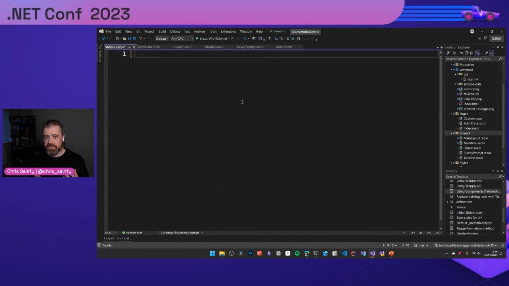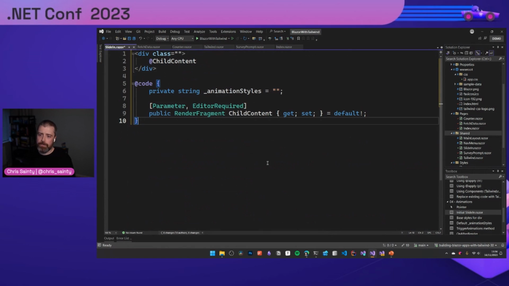And again, you could use this as a base to do more fancy things. But let's add in some initial code. This particular component is going to be using the templated component approach that we have in Blazor. What that means is it's going to wrap some existing content and manipulate it. So we're going to capture whatever content we wrap in this child content parameter here, and then we're going to output it in between this div that we've made. That's going to allow us to manipulate it. And we're going to apply different style classes to that div,